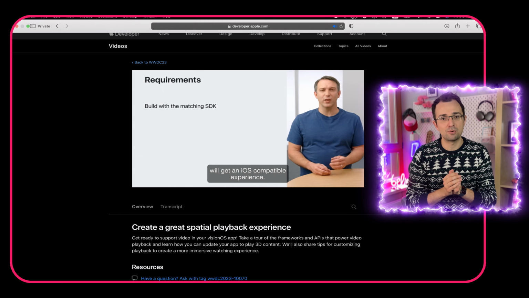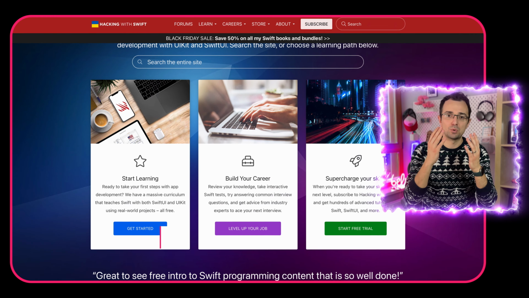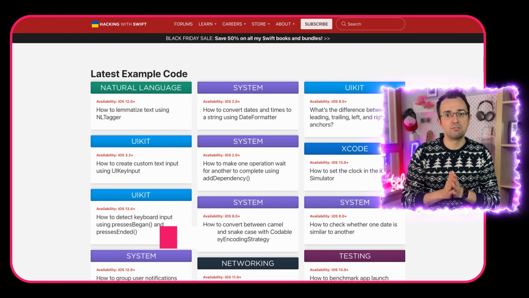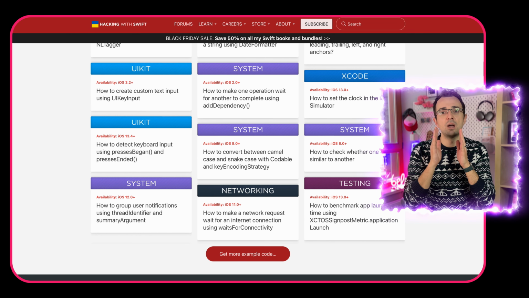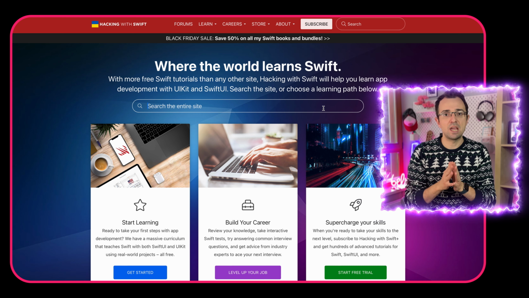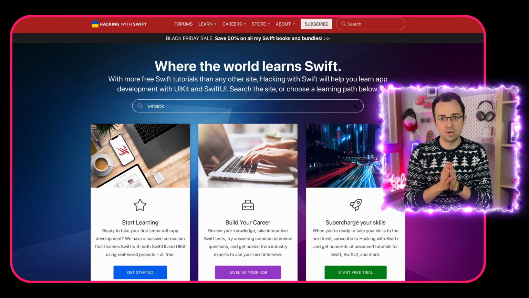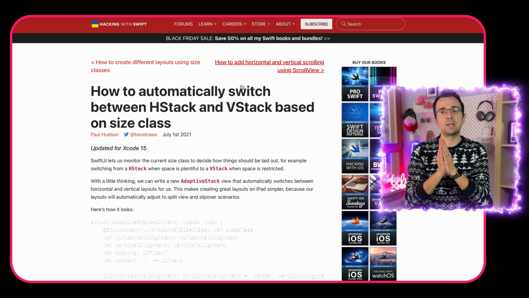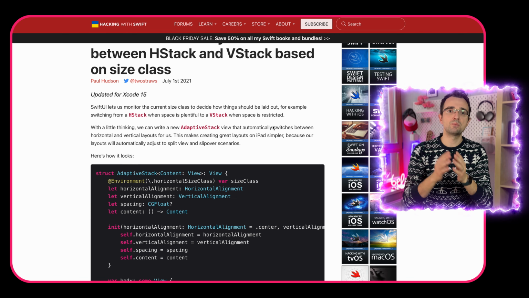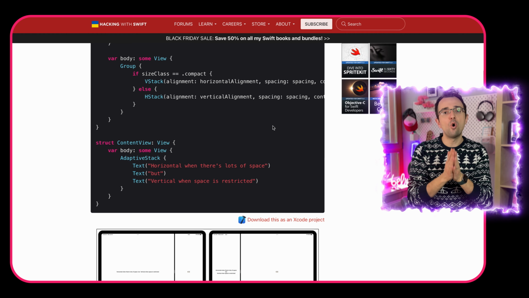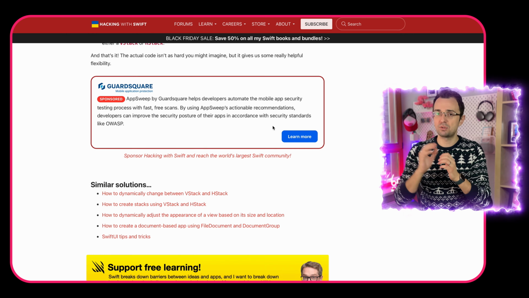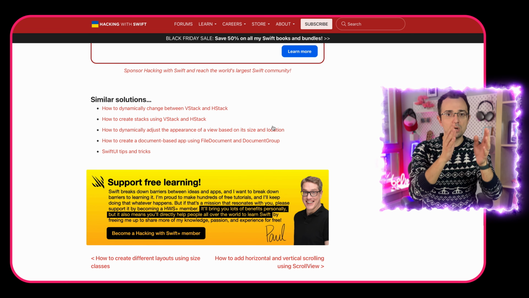The next resource that I want to mention to you is Hacking with Swift. Whether you're an established developer or you're just starting out, Hacking with Swift has been a massive help for the iOS community. Paul Hudson, the creator, does a great job at explaining in simple terms and with examples all the new APIs and the building blocks of Swift, SwiftUI. So please just go and check it out.